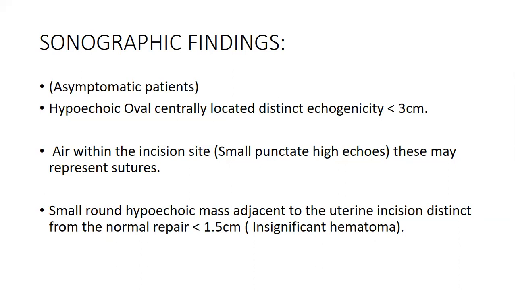A small round hypoechoic mass, again, can be seen adjacent to the uterine incision. It may be distinct from the normal repair. If it's less than 1.5 centimeters in length, there are different measurements, but this is the average, less than 1.5 centimeters when you measure it, this may be a hematoma, but it can be insignificant. But it's very important to mention and also make follow-ups. The key message is that it may be an insignificant hematoma that may present in those patients who are